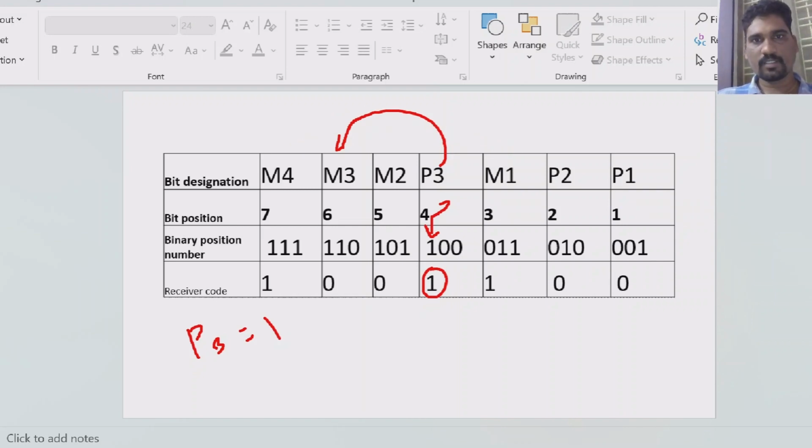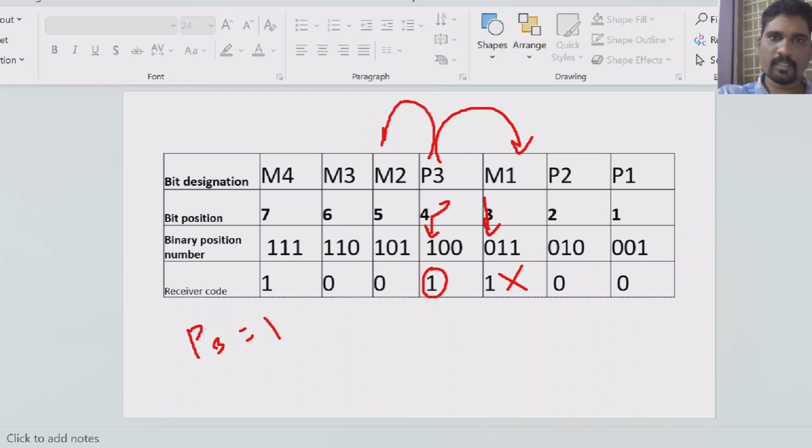First we will compare P3 with the message bit 1. So in the third location we have 1, right? Do we have third location 1? No, right? So we should skip this. Once again compare P3 with M2, right? Do we have the third location 1? Yes. If it is yes, what is that answer? Answer is 0, right? Now compare P3 with M3. Do we have the third location 1? Yes. What is that value? 0. This value we need to write down.